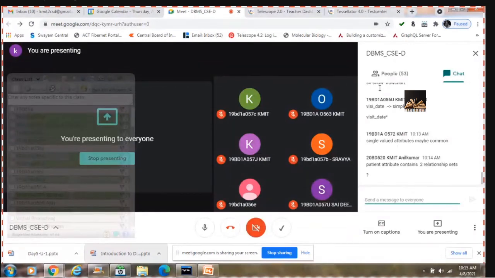For a patient entity and maybe a test entity, I'm taking ID as common, but the values need not be common. ID is there in patient, ID is there in test, but both the IDs of patient and test need not be common.